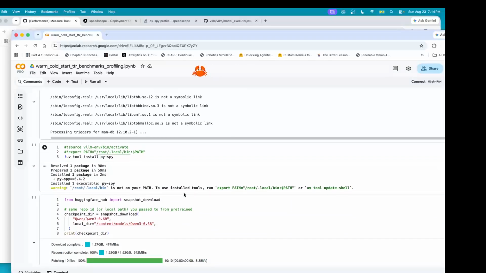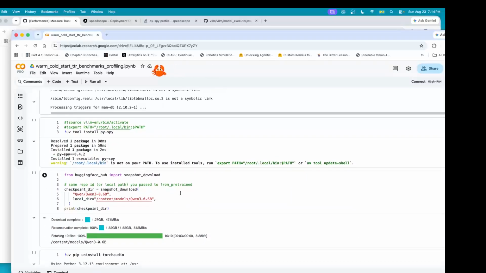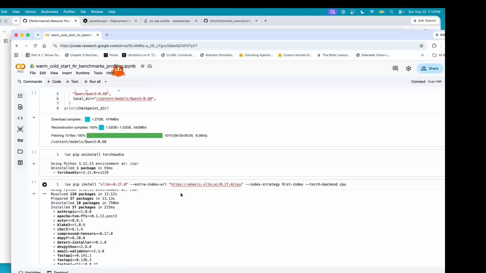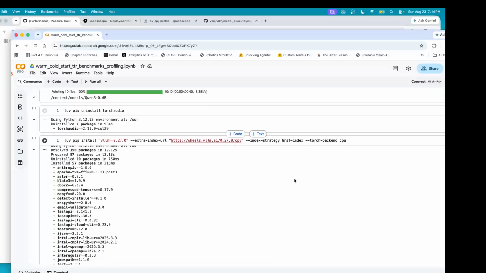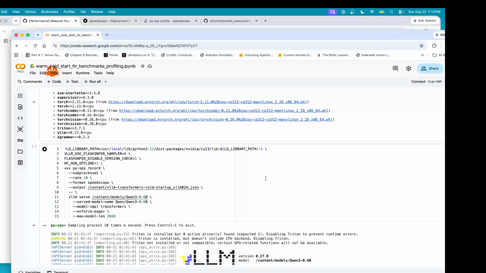Okay, so it's not clear how vllm was installed. Oh, here. Pip installed vllm 0.27.0. Okay, so that's the older version to make sure we get the bug. Oh, here's the wheel. So we did. We downloaded a wheel. It's CPU only. Index strategy. I don't remember what I talked about. Okay, that's great. So this is faster. That's why this is so fast. Download the wheel, and then